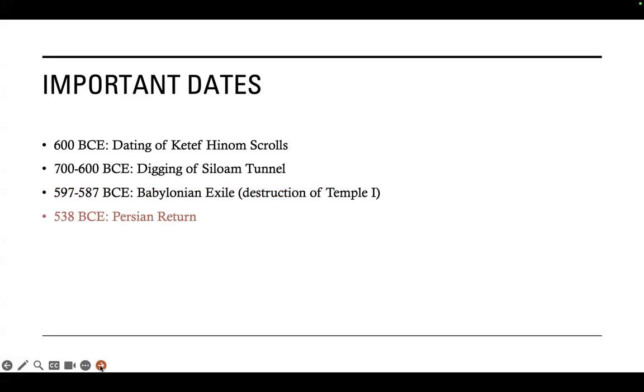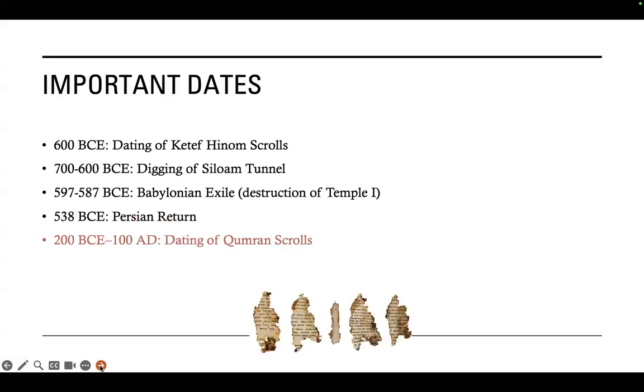We also have documentation as to Xerxes, the Persian emperor who then vanquishes the Babylonians, who generally espoused this idea of plurality of religion, pluralism, and allowed the Jews to come back to their ancestral homeland and go back to their religion, reestablish the temple. The Persian return is dated to 538. So traumatic as the Babylonian exile was, it actually only lasted about 50 years, right? And then the Jews were able to go back and rebuild the second temple.